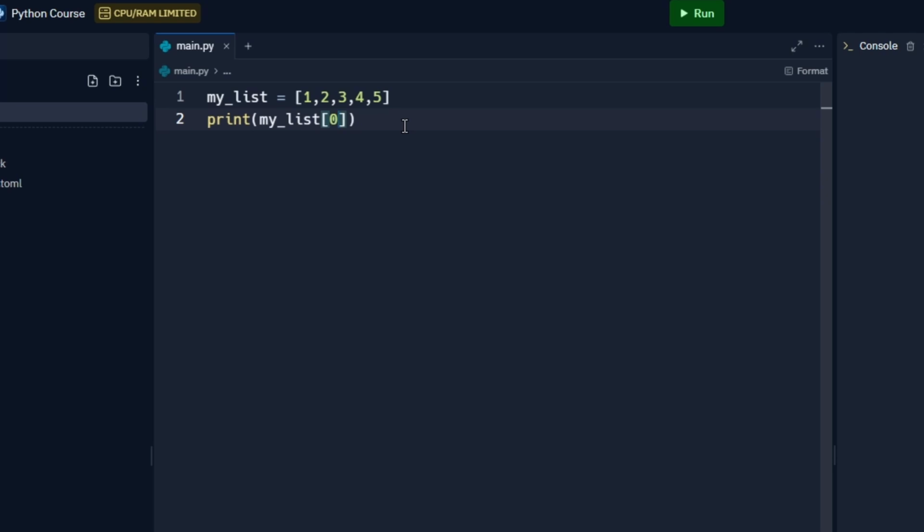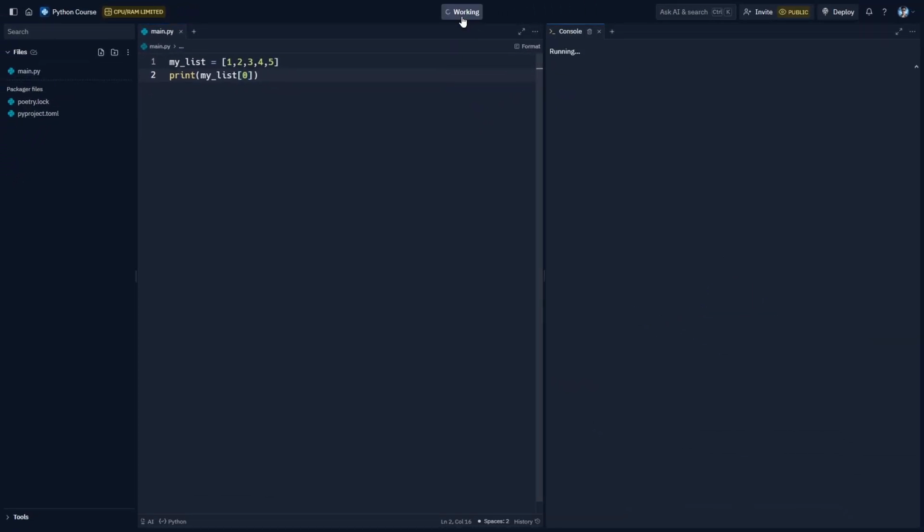So as mentioned previously, a list starts with the index of 0. So think about what this will print out. So let's click Run and see what happens. When we click Run, it gives us 1. Because the index of 0 corresponding to this list is the number 1. So this is 0, 1, 2, 3, 4. Great! So as you can see, this prints the number 1, but you can also access elements using negative indexing,